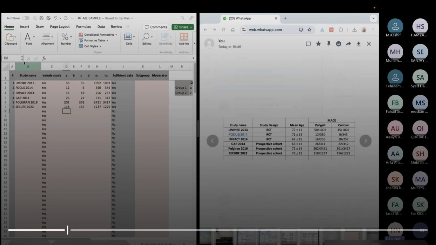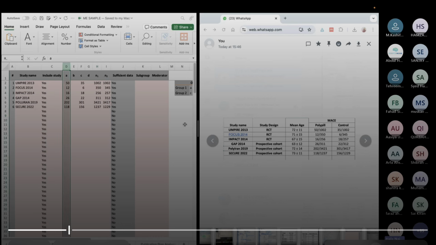सही है? So just to give a quick recap for anyone who's missed out, study name add करेंगे, and the important columns are N1 and N2. N1 is the total number of patients in the intervention group. N2 is the total number of patients in the control group. ठीक है, ये हमारे पास डेटा कहाँ से आया है? राइट हैंड साइड पे I've sent you the screenshot. And A और C में क्या आएगा?